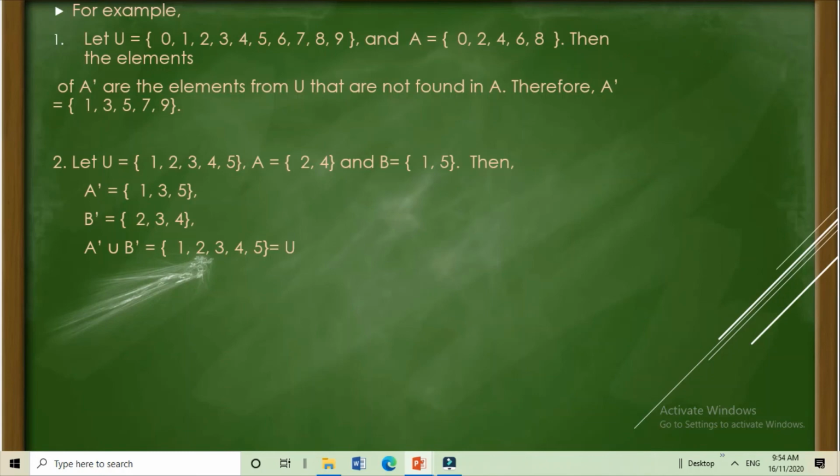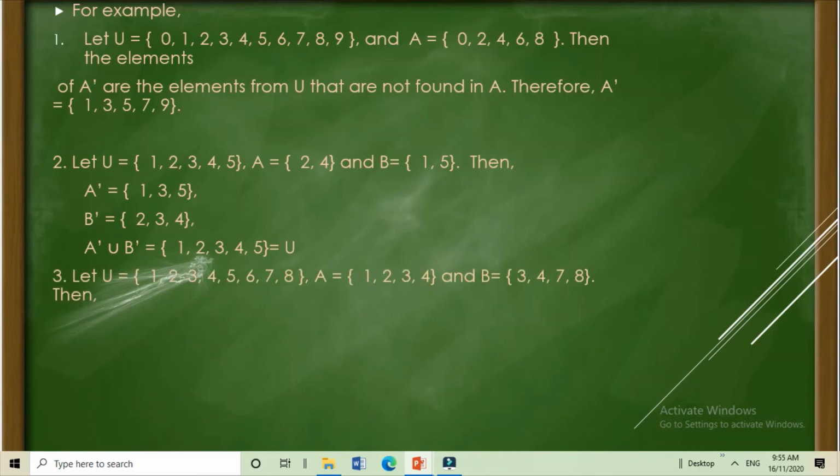So, third question, we have complement of A union complement of B is equal to, or you're just going to combine the elements in complement A and the elements in complement B. So we have here 1, 2, 3, 4, 5. You don't need to write 3 two times. No repetition. And that complement A union complement B is equal to the universal set 1, 2, 3, 4, 5.